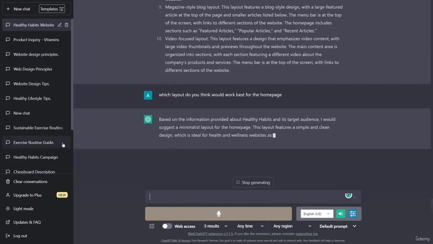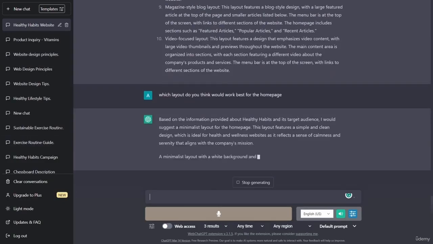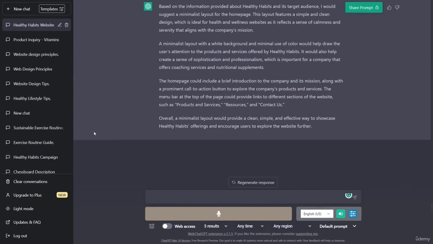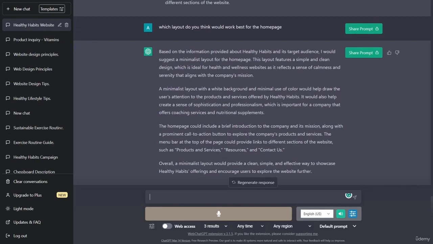Based on the information provided about Healthy Habits and its target audience, I would suggest a minimalist layout for the homepage. This layout features a simple and clean design, which is ideal for health and wellness websites as it reflects a sense of calmness and serenity that aligns with the company's mission. A minimalist layout with a white background and minimal use of color would help draw the user's attention to the products and services offered by Healthy Habits. It would also help create a sense of sophistication and professionalism, which is important for a company that offers coaching services and nutritional supplements. The homepage could include a brief introduction to the company and its mission, along with a